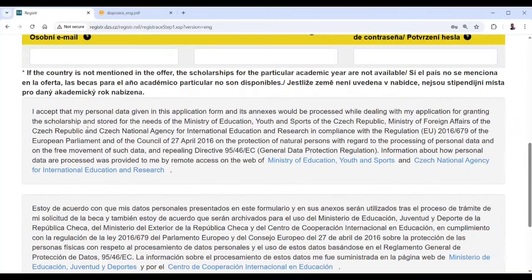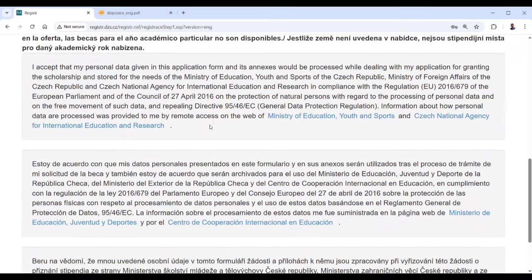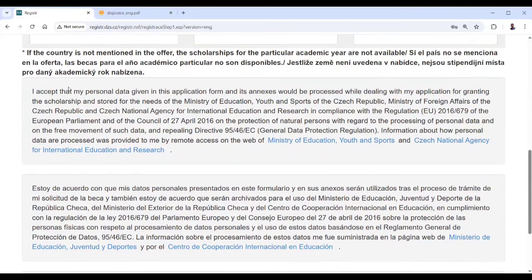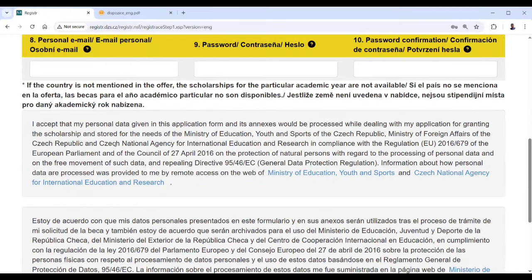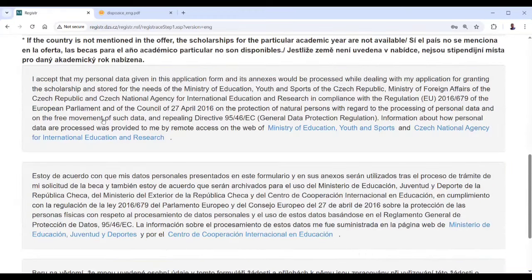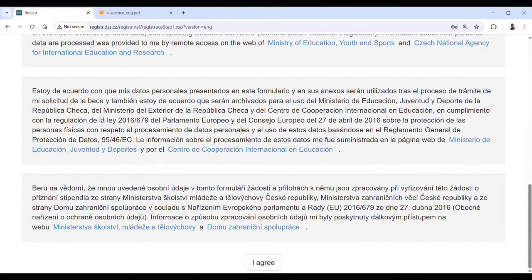After you've done that, you see "I accept that my personal data given in this application form and its annexes will be processed." Anyway, you just read them on your own, and after that you click on agree. Clicking on agree means that you accept these personal terms. Then when you click on that, I think they're going to send you an email and you need to activate it or something like that. But anyway, whether they send you an email or not,